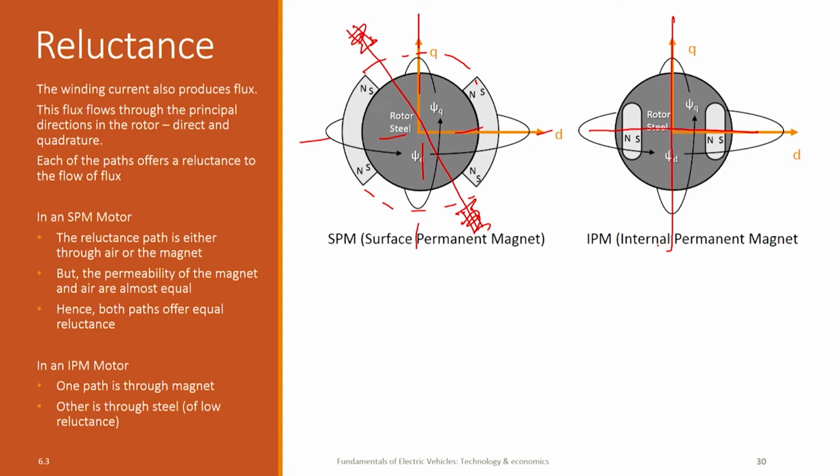Whereas in the d direction there is steel only for a certain part of the diameter. In addition, some portion of the path is equivalent to air because it is magnet, and air offers far greater reluctance, and a magnet also offers far greater reluctance than steel. So, what we will find is that the reluctance along the d axis is much higher than the reluctance along